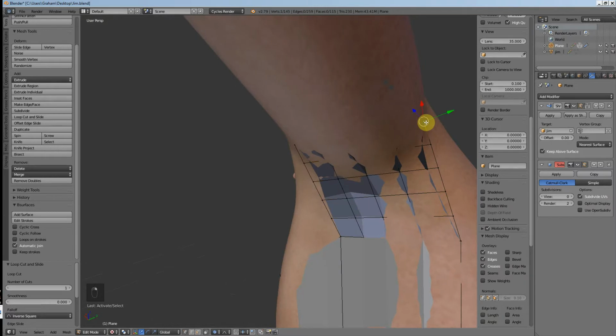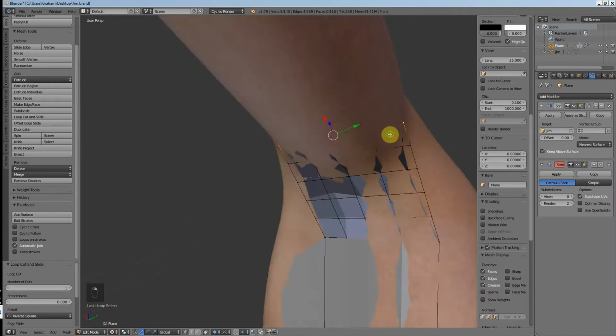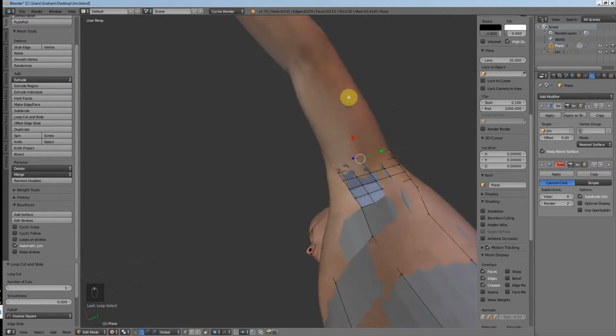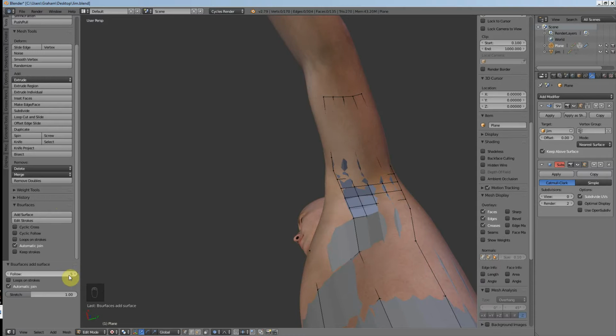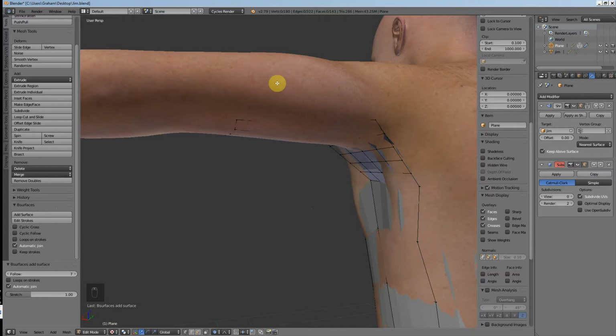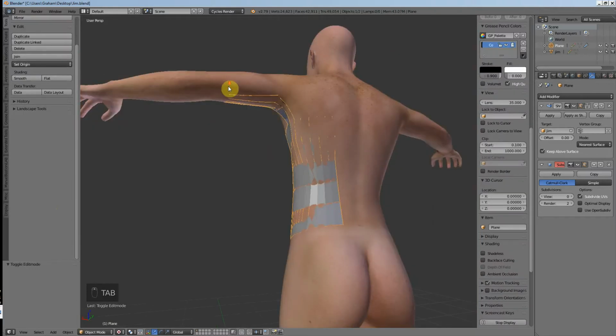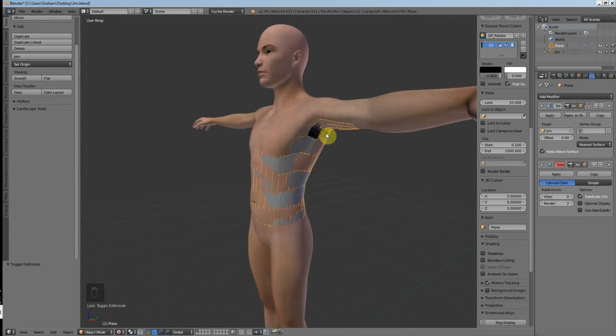So let me select this. Shift select that whole lot. I'm going to draw this in a little bit. So, a line there, and we'll add a surface. Maybe a couple more follows. Okay. Just for the sake of showing this now,